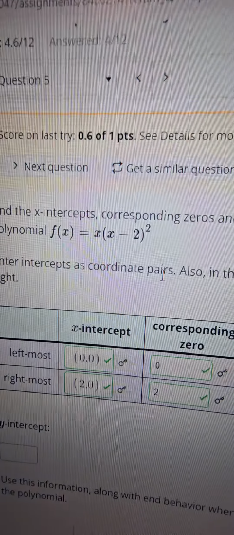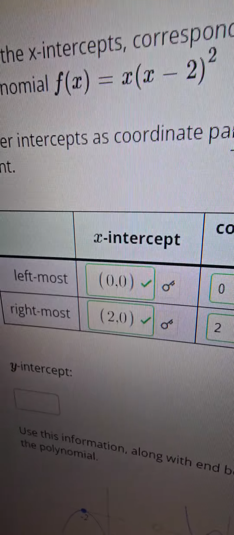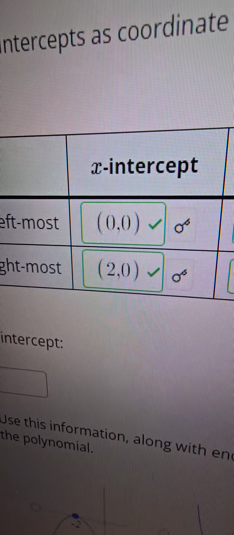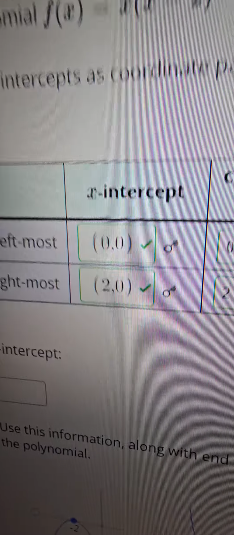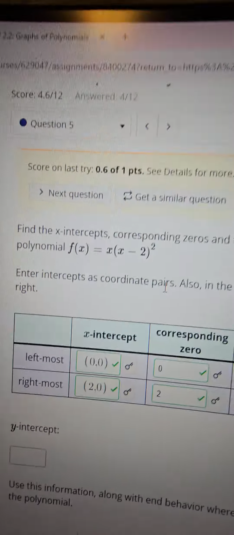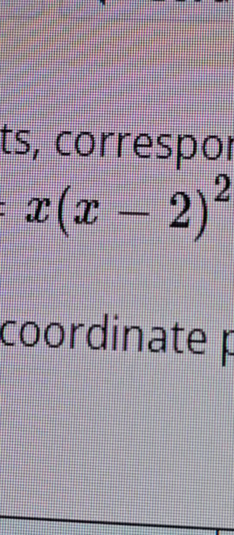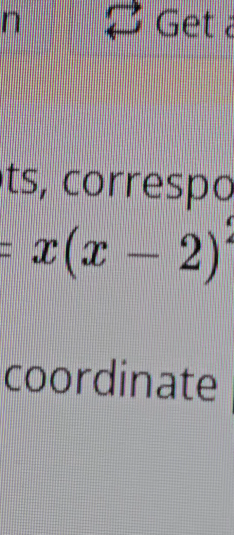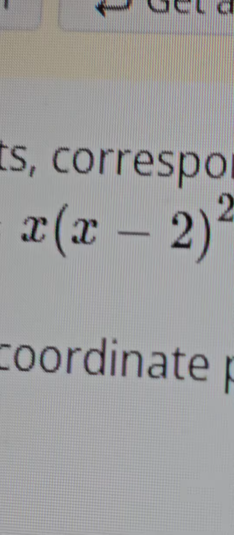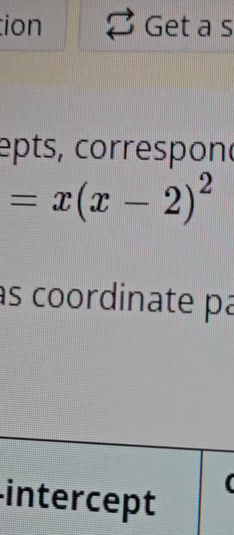All right, for this one, the x-intercepts are the zeros, right? Wherever the graph hits y equals 0. So what you want to do is x minus 2. How do I make that thing in the parentheses a 0? Well, if you make the x a 2, 2 minus 2 equals 0. So the first one's 2. So 2 comma 0, because the x would be the 2, right? So the y is the 0. That's why it's called the zero. And then